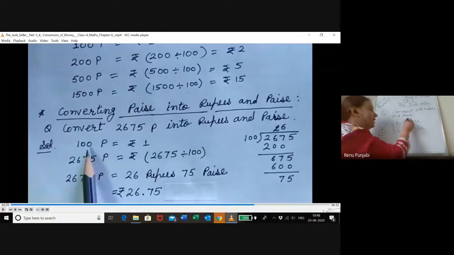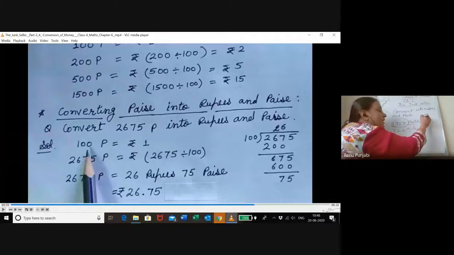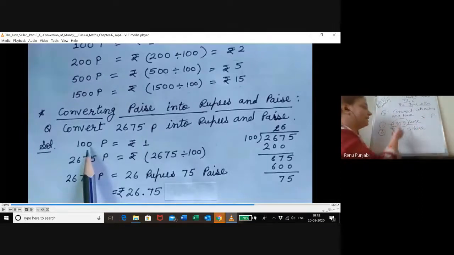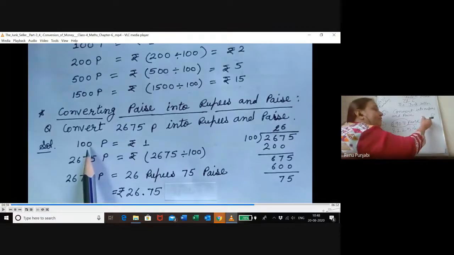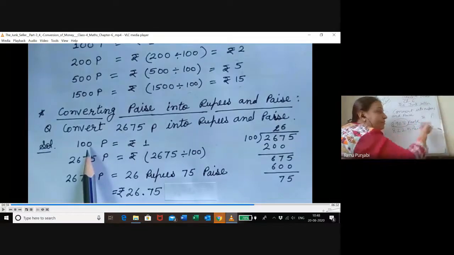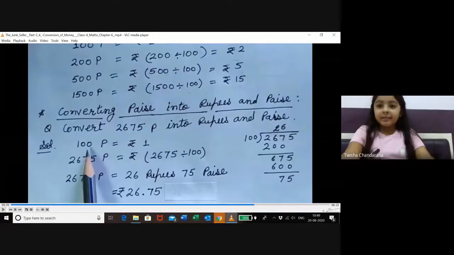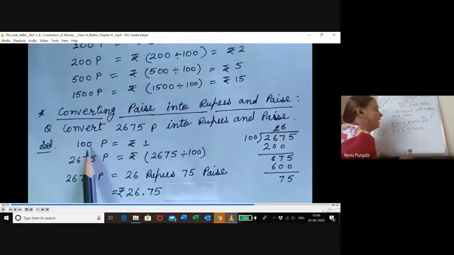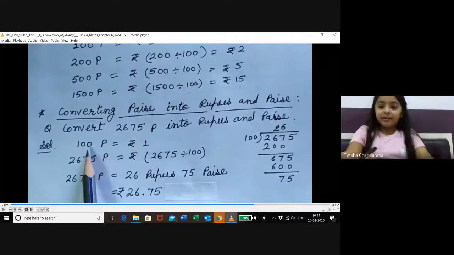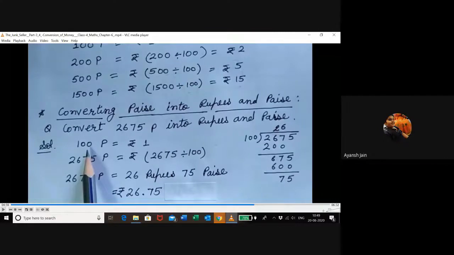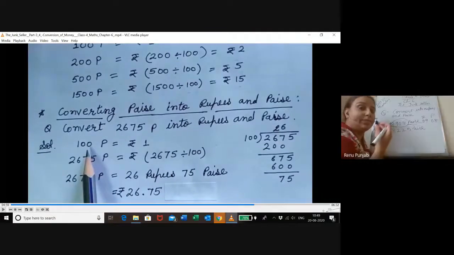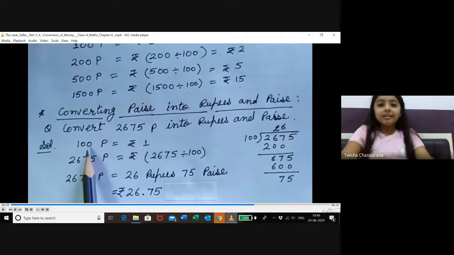This is completely in paisa. Now you have to convert it into rupees and paisa. So as I explained, you have to divide it. When you divide it, some part will be the rupees and some will be the paisa. Can anyone directly tell me how many rupees will be here? 39 rupees. And how many paisas? 08. 8 paisa. Or we can say 8 paisa. Right, we can write 8.